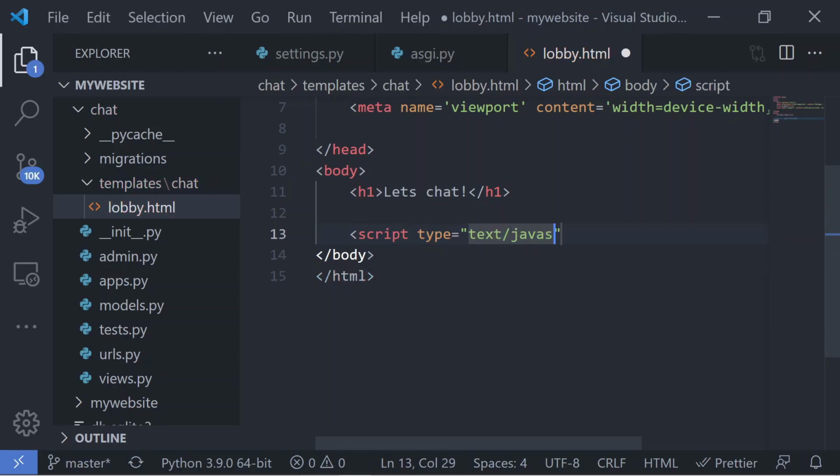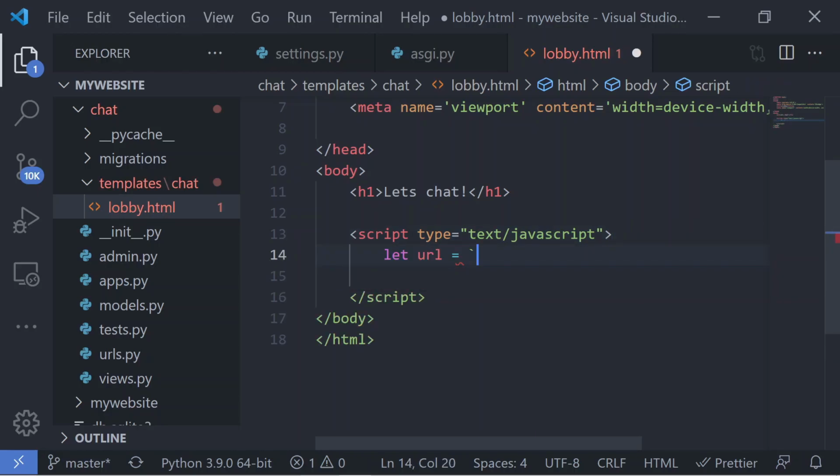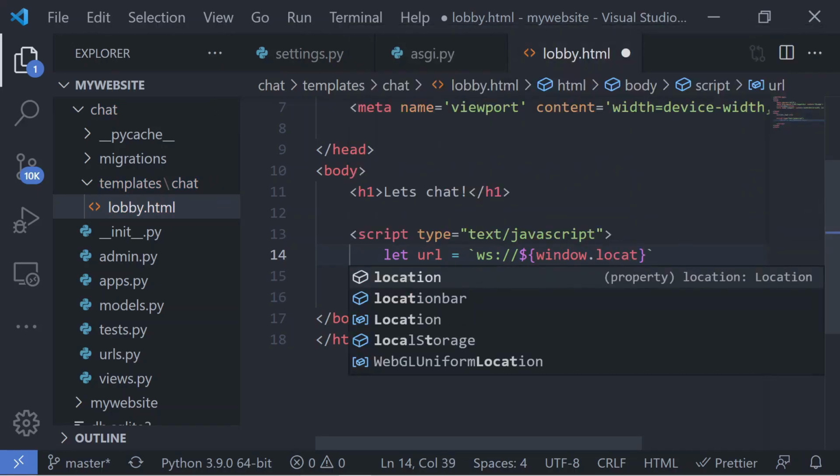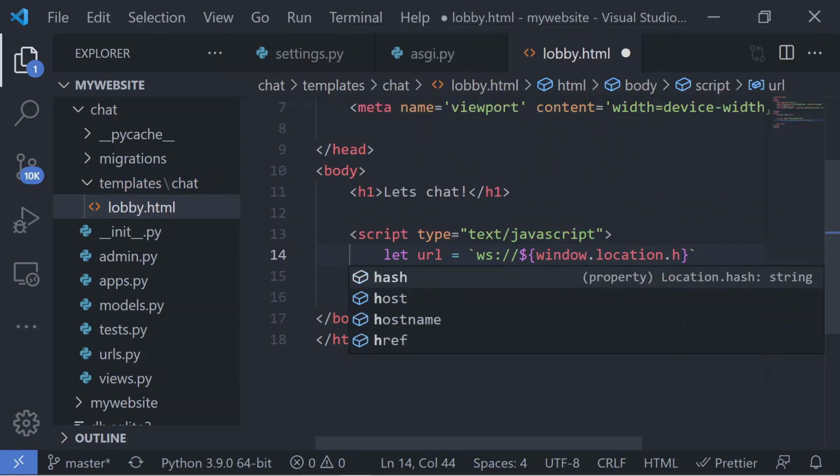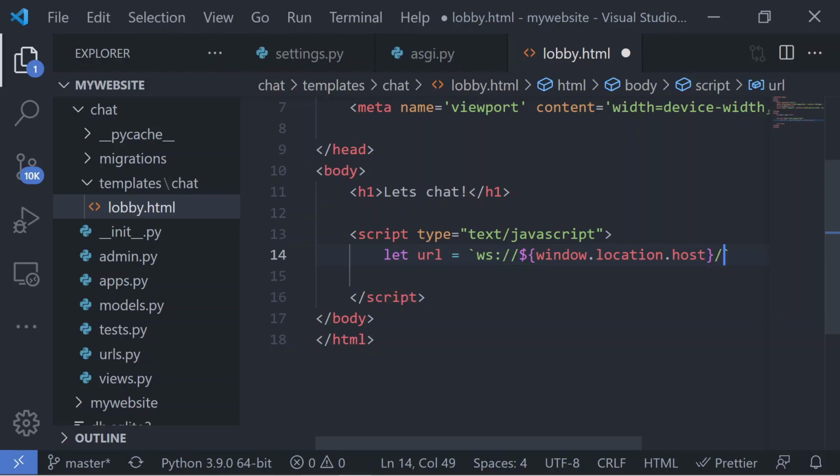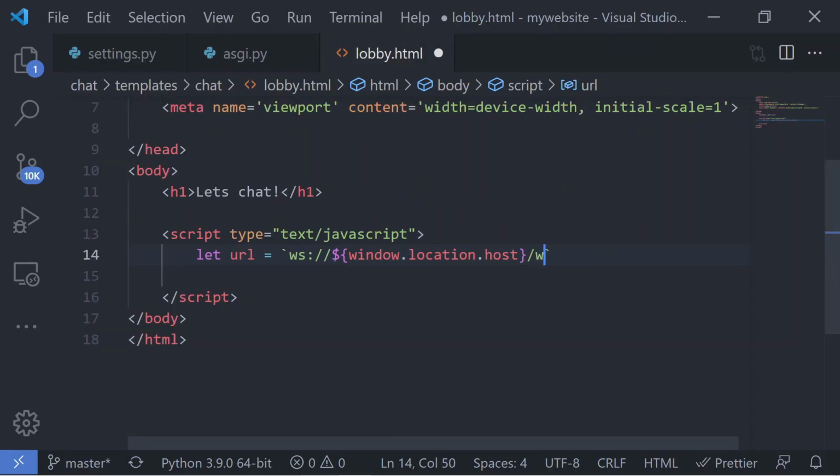To establish a WebSocket connection, we first need an endpoint to start the handshake. We don't have this URL yet, but we'll create it in the next step. So for now, let's just go ahead and set the value. Instead of HTTP, notice we're going to be using a WebSocket connection. We'll then grab the root URL by getting the location host. And at the end of the URL, just go ahead and add in